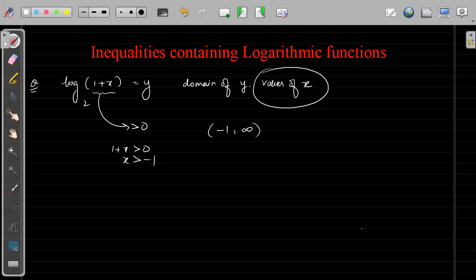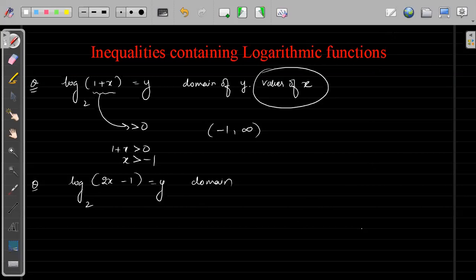Okay, everybody understood? Yes, very good. Again, a simple question: tell me what is the domain of x square minus 1? Now tell me the domain of log base 2 of x is equal to y. Now write down and tell me the domain of log base 2 of 2x minus 1. What is the domain of this function?